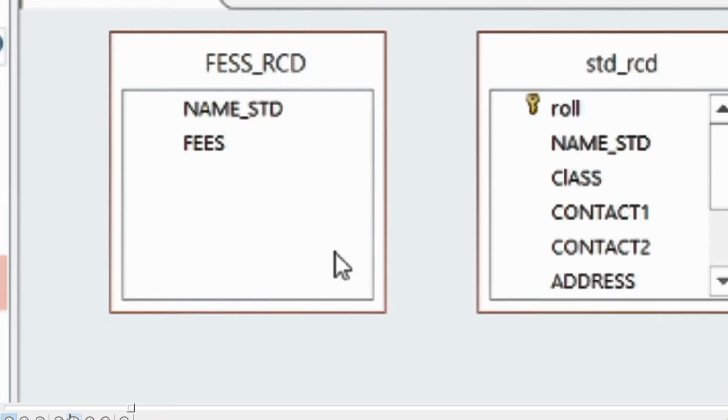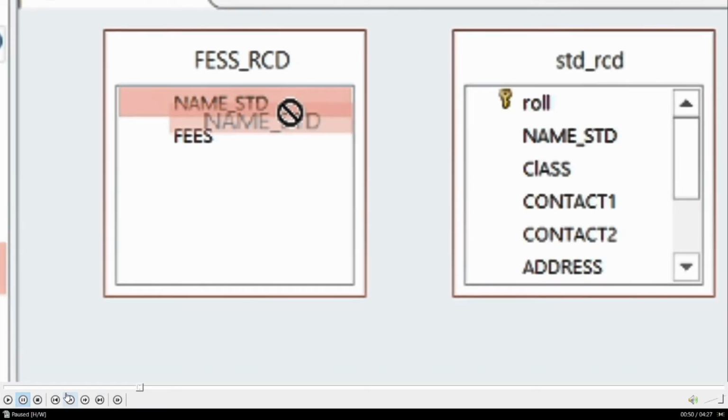You can see here the tables which we have selected have been displayed, and we have selected 3 tables. Now you can see there is no relationship between the tables, correct? So this is your flat database, if we talk about the types of database. Now we want to relate the tables. For that you have to first see the common field names in each table. That will act as a relationship key.